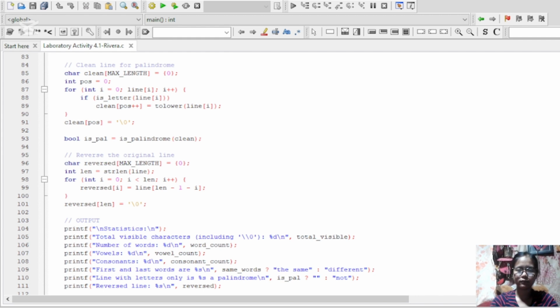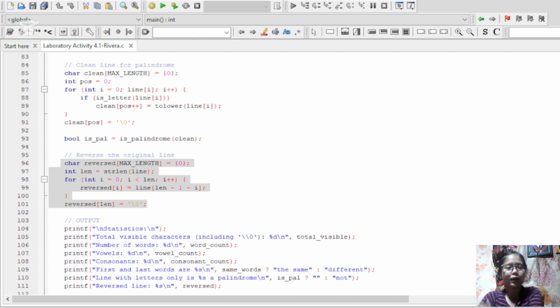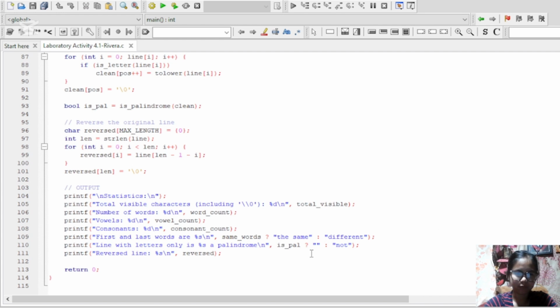Here we reverse the original line character by character, then end it with a null character, so we can print the entire thing backward later. So the next line is the final output. Finally, we're here.